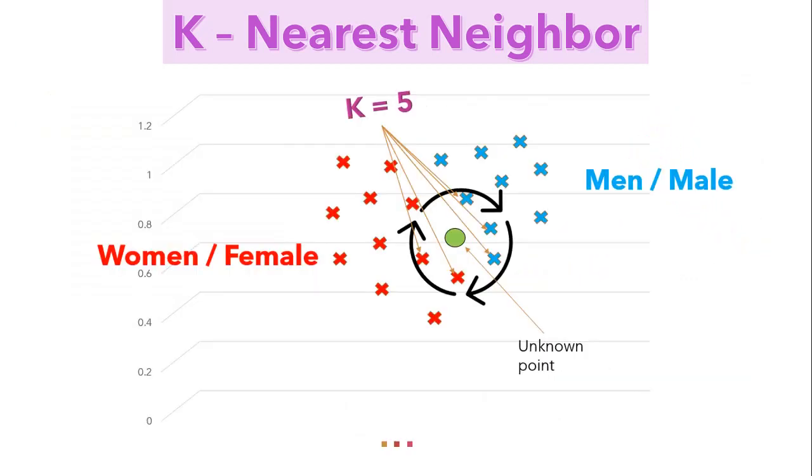Now suppose a KNN algorithm was given an input of data points of specific men and women's weight and height as shown on the screen. So guys, for determining the gender of an unknown input shown in the green point, KNN will look at the k nearest neighbors, where the k parameter decides how many of the nearest neighbors have to be considered to determine the property of our unknown point.